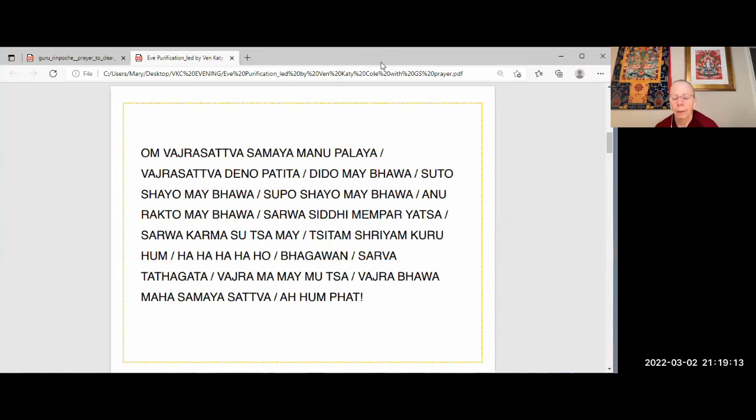Om Vajrasattva Samaya Manupalaya Vajrasattva Dina Patita Dida Mebalwa Sutokaya Mebalwa Supokaya Mebalwa Anarakta Mebalwa Sawasidi Mempiyata Sawa Kama Sita Me Siddham Shriyam Guruhum Ha Ha Ha Ho Bhagavan Sawa Tata Gata Vajramame Mutta Vajrabawa Mahasamaya Sattva Aham Pe Om Vajrasattva Samaya Manupalaya Vajrasattva Dina Patita Dida Mebalwa Sutokaya Mebalwa Supokaya Mebalwa Anarakta Mebalwa Sawasidi Mempiyata Sawa Kama Sita Me Siddham Shriyam Guruhum Ha Ha Ha Ho Bhagavan Sawa Tata Gata Vajramame Mutta Vajrabawa Mahasamaya Sattva Aham Pe Om Vajrasattva